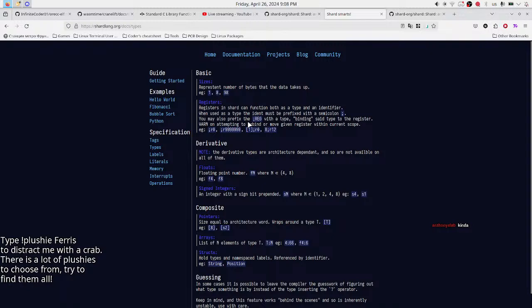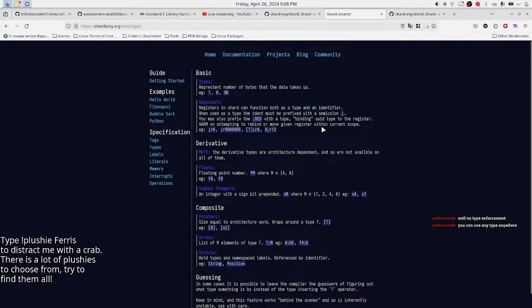Registers. Register short function was set. No type enforcement. But you have types. You can use any type anywhere. So there is a type called any. I'm joking. Registers in shard can function both as a type and an identifier.